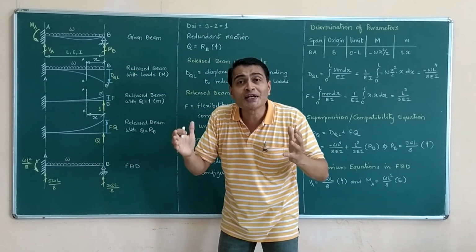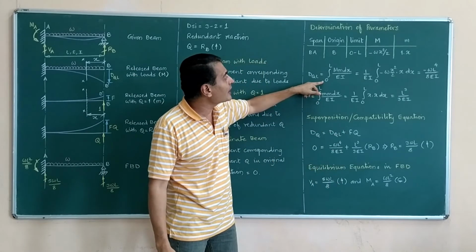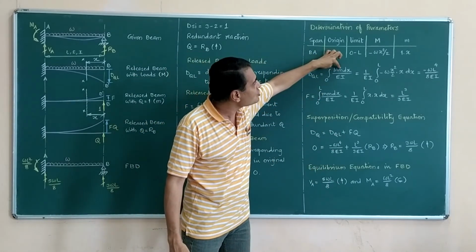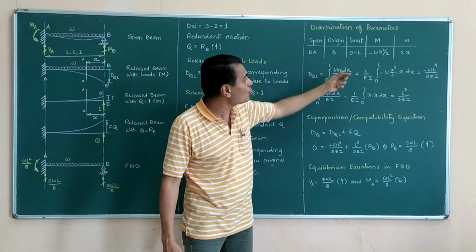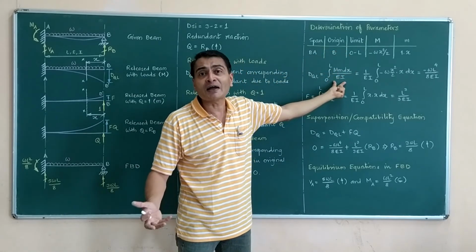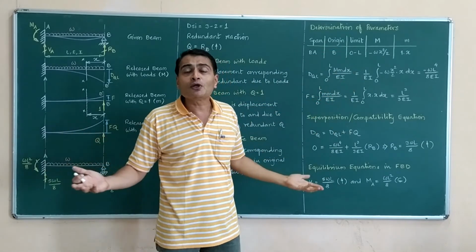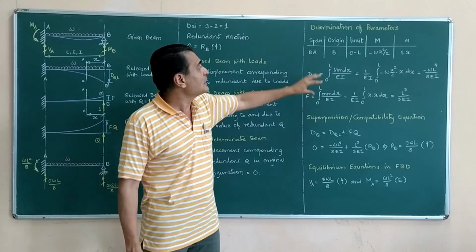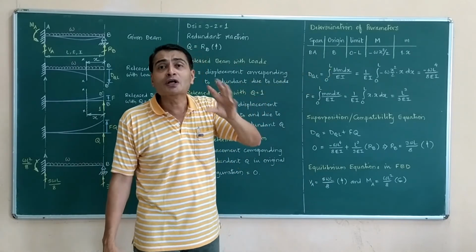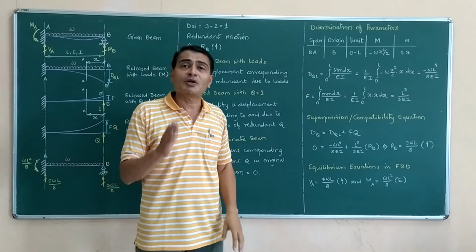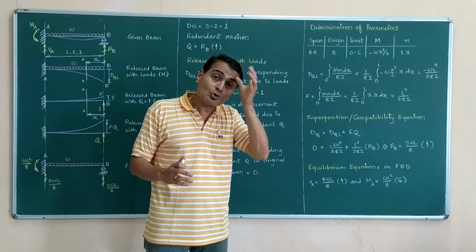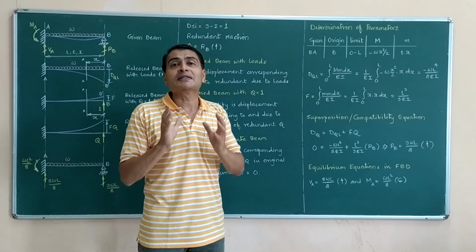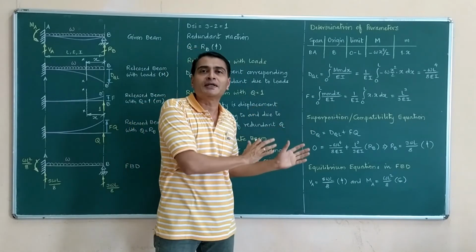So using unit load method, I am able to write it is integral 0 to L, capital M, small m with respect to x upon EI. This is our unit load method. Those who are not remembering these expressions, they may for the time being learn these expressions by heart, but whenever you find time, please go back and see that you are understanding the fundamentals involved. Then only you will feel happy to apply it here.